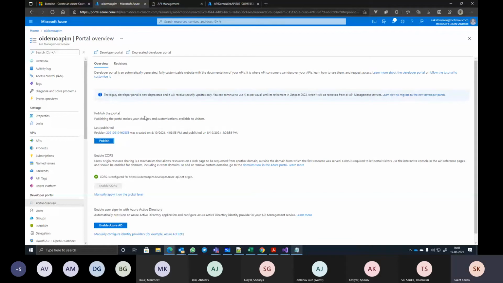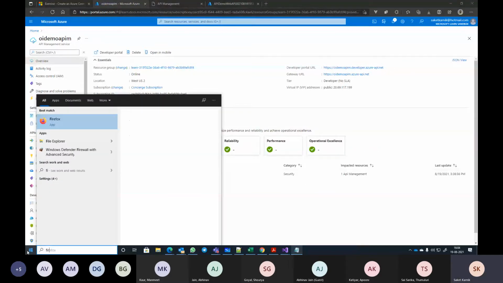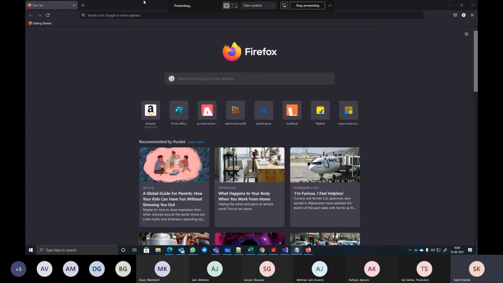And it actually takes some time later on. So practically, if I want to see whether it is available or not, I just go to overview. I copy this developer portal URL, which I will be sharing with the clients. I open a separate browser where I don't have a login session.